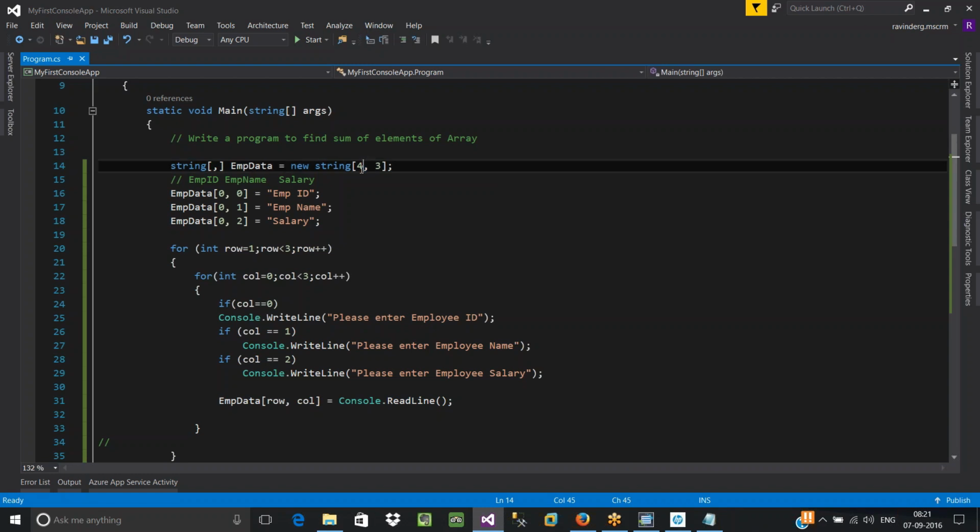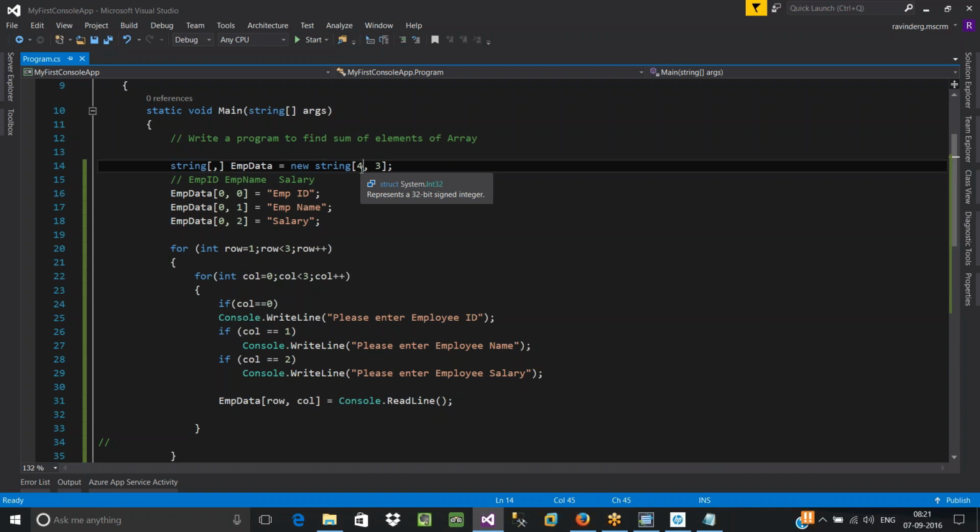As I said, once you hard code your row size and column size within the programming environment, the size is going to be fixed. It always allows you to place only 4 rows and 3 columns, right? In one scenario, I don't know how many elements are going to come from the user. Sometimes he supplies 12 elements, sometimes 13, 15, 100, 1000.